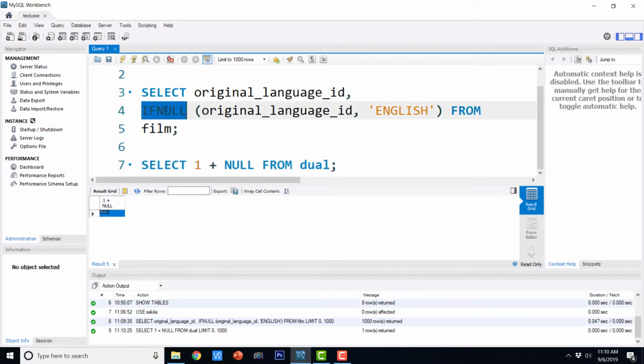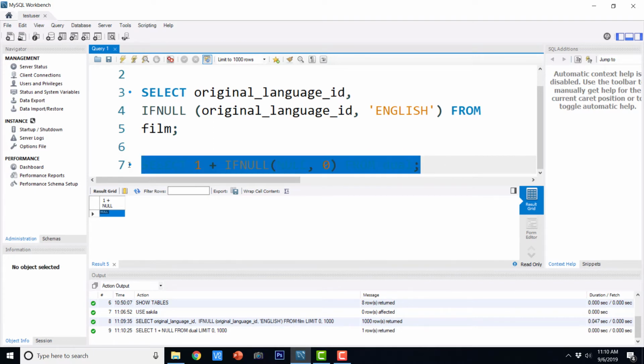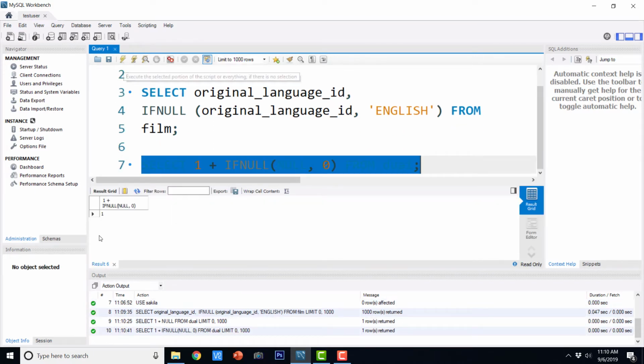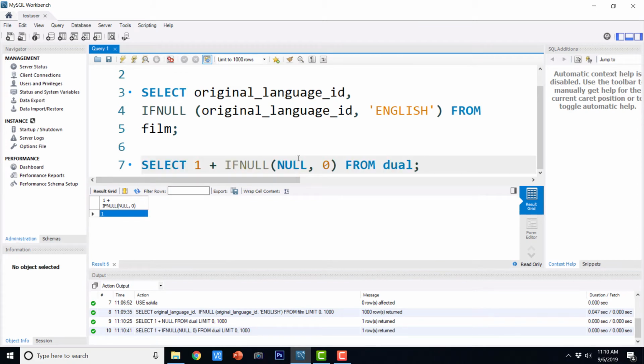So in place of that, if I just say ifnull, comma 0, then it is going to return 1. For practical purposes, we can consider null as 0 for any numeric value. So this is how ifnull works.